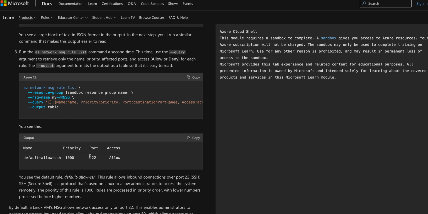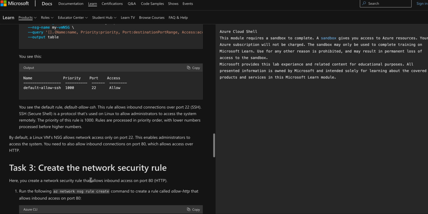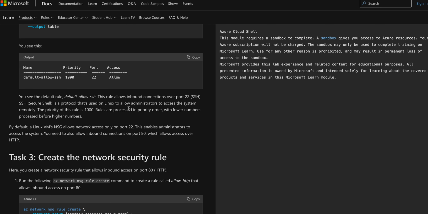Okay, so finally you'll get a table. Priority 1000, port 22, allow. Right, so you see that the default rule allows inbound connections over port 22, SSH,